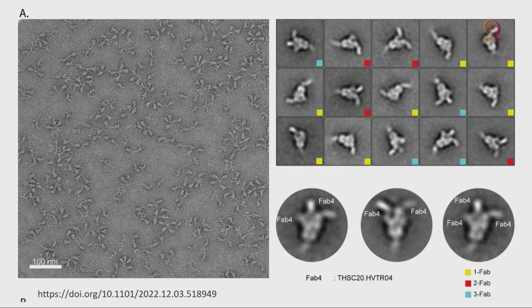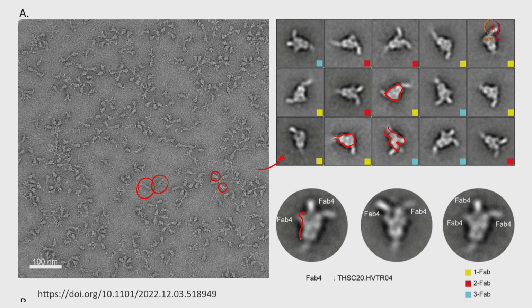Here again, I already showed this particular image as a good image. This is the same spike protein we are talking about. This is a very nice negative stain image with well distributed particles, the staining is very nice and individual protein molecules are very clear. Now if you look at these 2D averages, as I was saying, in most cases you can see a cone shaped molecule. From this negative stain, sometimes you can see the RBD, the receptor binding domain, in open and closed forms also, if you perform those experiments properly.